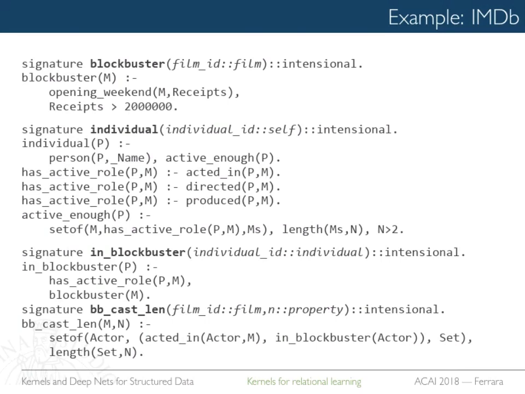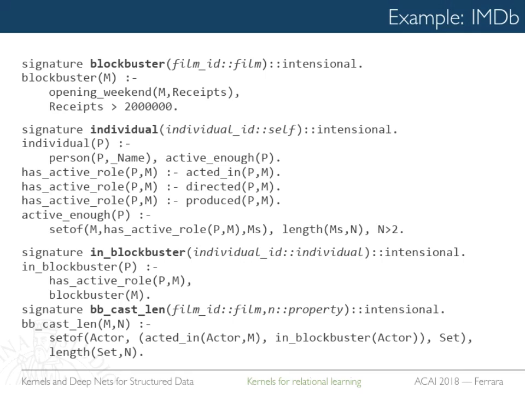Because normally you invite the famous actors to make money, because you have to pay them a lot, and so they correlate strongly, right? This is quite tricky, because you have to use some background knowledge to invent it. But once you write it down, it's one line of code. You count basically what is the blockbuster cast length. So how many actors acted in a blockbuster movie that you have in your cast, and you count them.